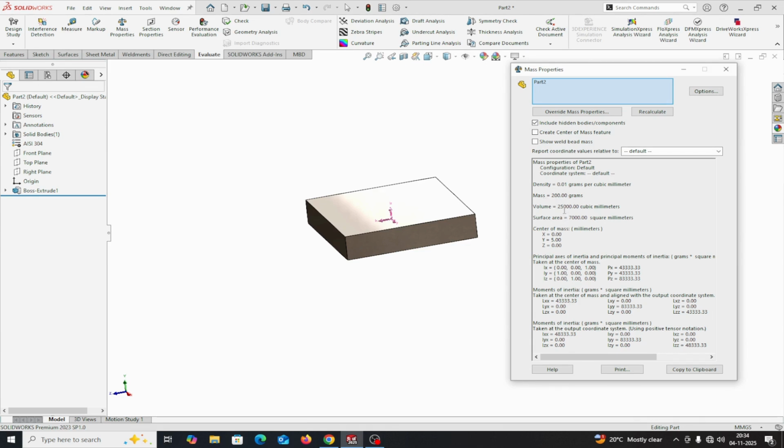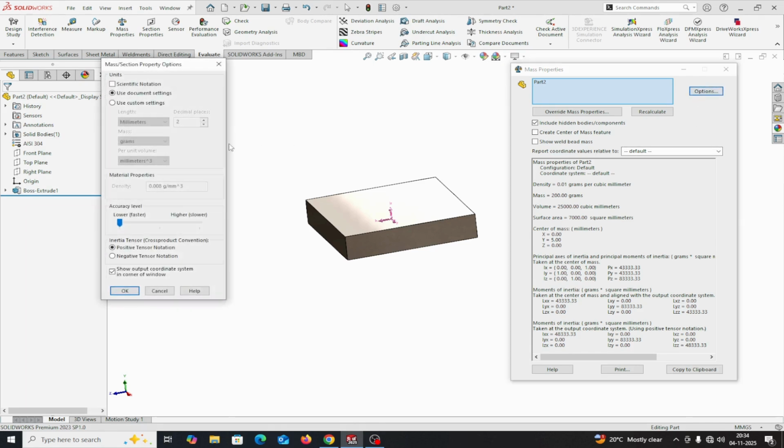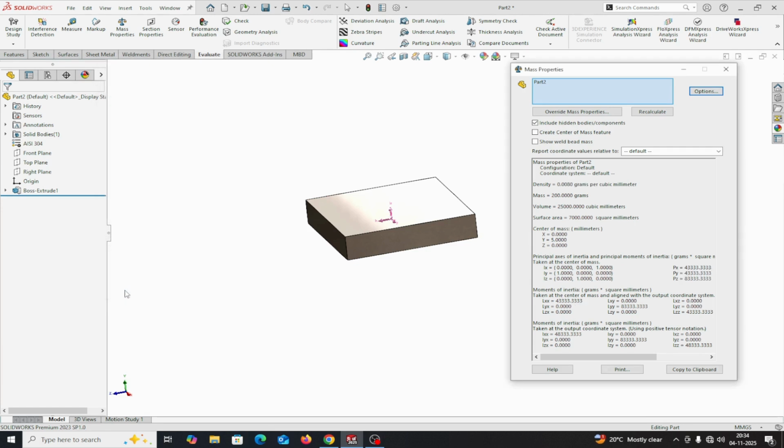Volume is 25,000 cubic millimeters, surface area is 7,000 square millimeters. If you go in the options, this window comes up. Use custom setting, and you can increase the decimal value here, and you can increase the accuracy level also. Now you see the density is 0.0080 gram per cubic millimeter, mass is this one, and the volume